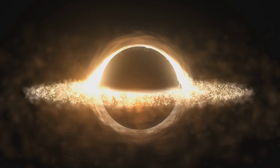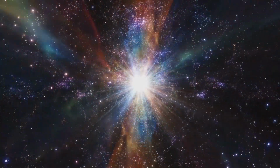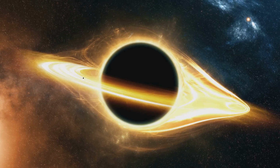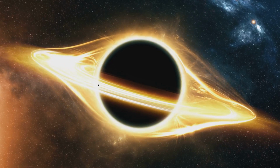Section 8. Cosmic abyss, black holes. The most massive stars, more than 8 times the mass of our Sun, meet the most extreme fate. When these stellar behemoths exhaust their nuclear fuel, their cores collapse under their own immense gravity. This collapse is unstoppable, and it creates a region of space-time from which nothing, not even light, can escape, a